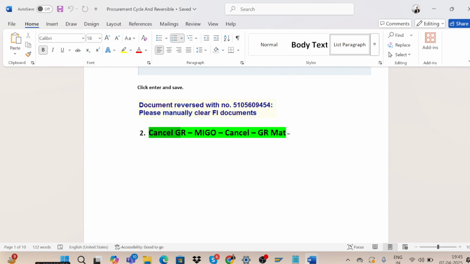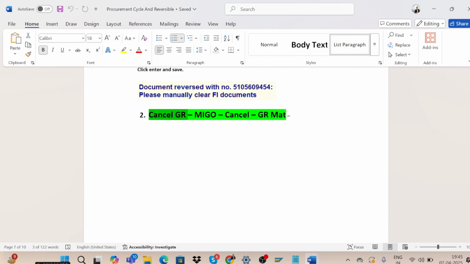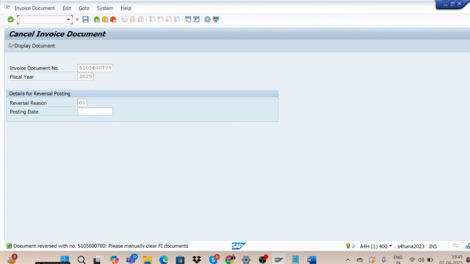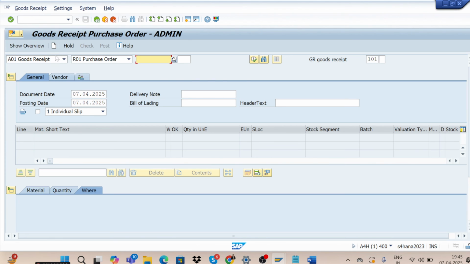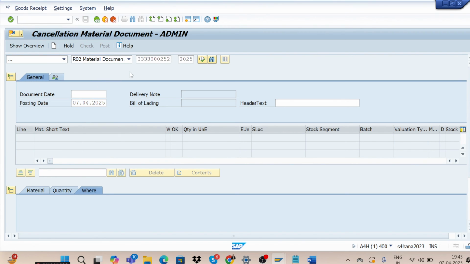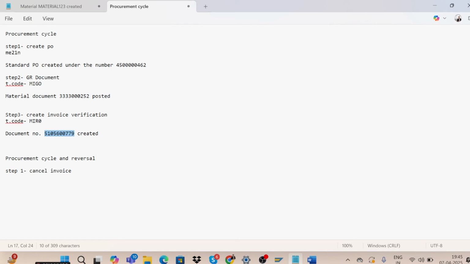Now I'm going to cancel a goods receipt. How am I going to cancel the goods receipt? Just in T code MIGO, I will select the cancel option. Let me do that. Most of the GR documents and GR entries are in MIGO only. From there, for cancellation, it will automatically select the last document. If we want to take another document, we can.